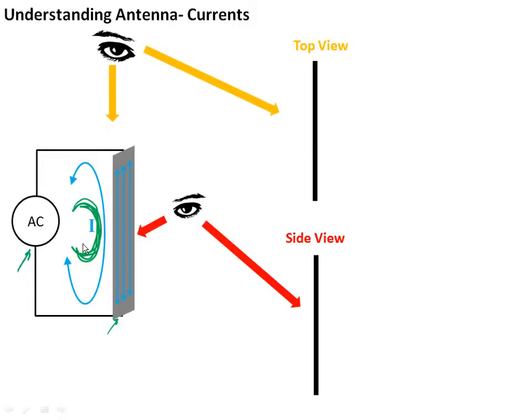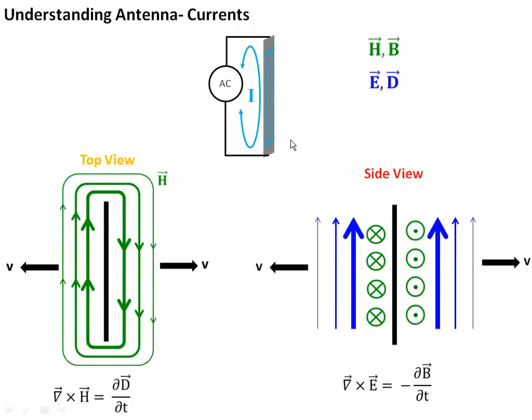And we know from our previous experience we can look at the sheet of current either from the top view, where the current's essentially going to be going either down or up, or we can look at it from the side, where the current's either going to be going down or up, depending on the phase of the AC voltage. We know, because we've gone through this exercise at least twice before, that when the current's flowing down or into the screen in our top view,